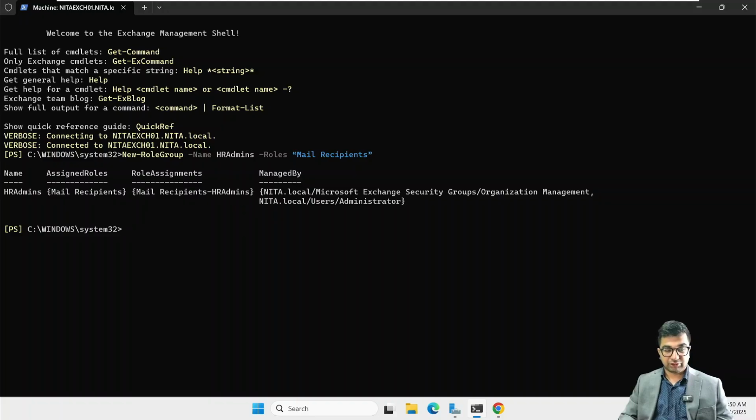The next command that I'm going to run is for the support. So for example, I could just type the same command and just change the name here. And I just keep adding roles. I can add multiple roles by applying a comma here. And then under this, mail recipient